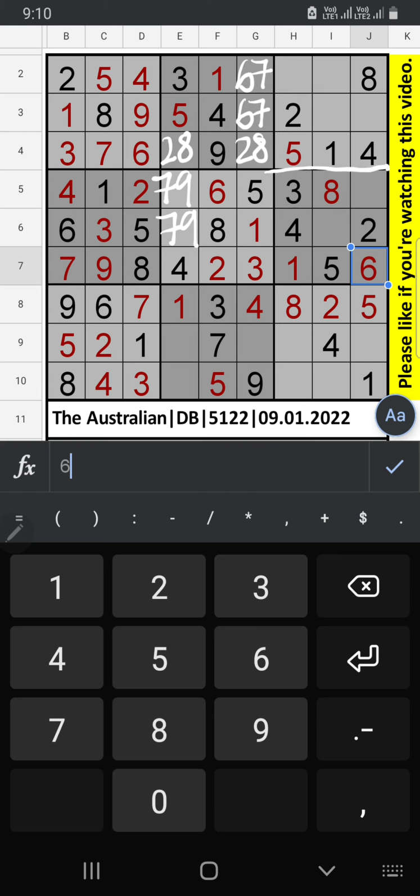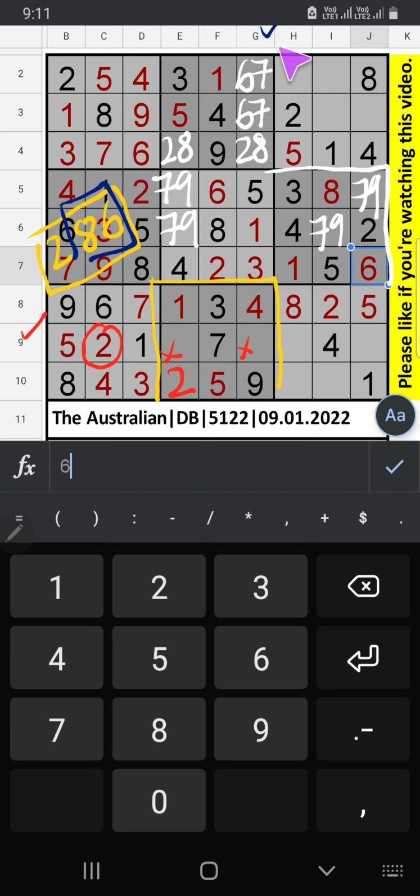In this grid, 2 numbers are remaining, 7 and 9. We will confirm later. 8th grid, 3 numbers are remaining: 2, 8 and 6. Ninth row, we have 2. So 2 can't come in this cell. Then 2 is confirmed here. 2 numbers are remaining, 8 and 6. Column G, we have 6. So 6 can't come in this cell. 6 is confirmed here. Then 8 is here. Column G, we have 8. So 8 can't come in this cell. 8 is confirmed here. Then 2 is here.